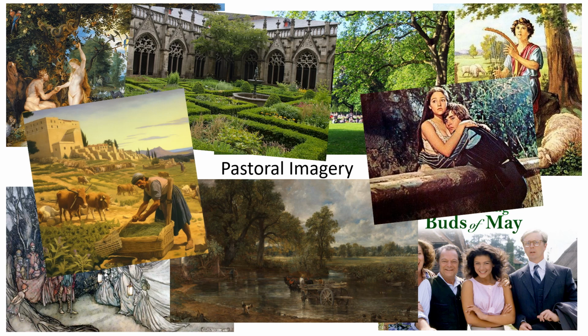Moving on a little bit, you can think about Romeo and Juliet. When they first meet, when they fall in love, it's done in the Capulet orchard. Because traditionally, gardens were female space. In the medieval hall, the Great Hall was male space, dominated by the Lord. But the garden was female space where a woman would go to pray, she would go to think, she would go there to meet a lover or to fall in love. And so gardens have this very, very strong association with female sexuality.